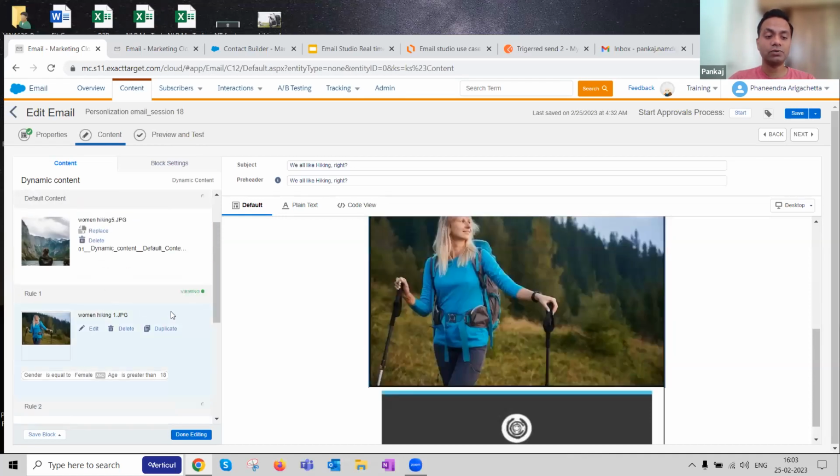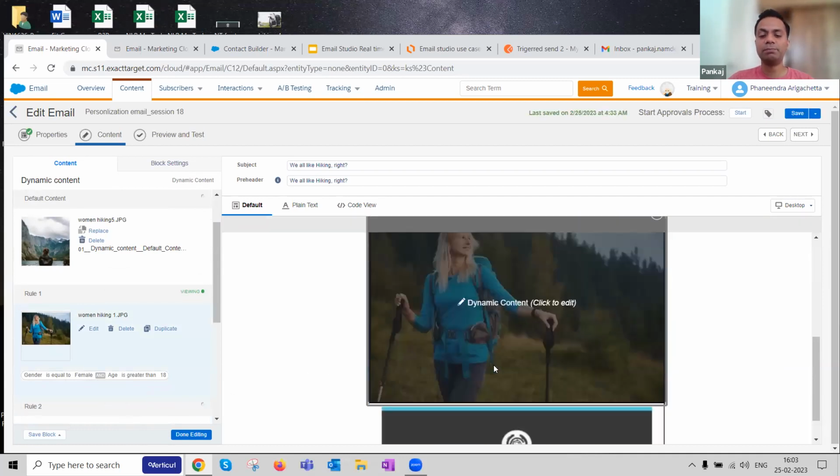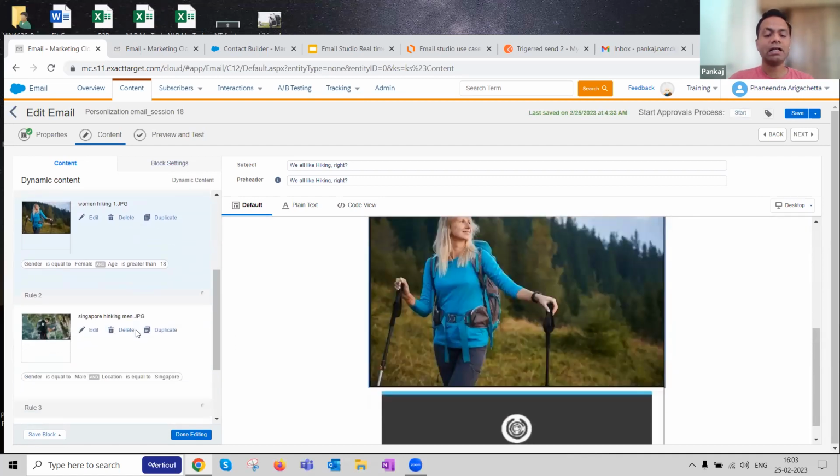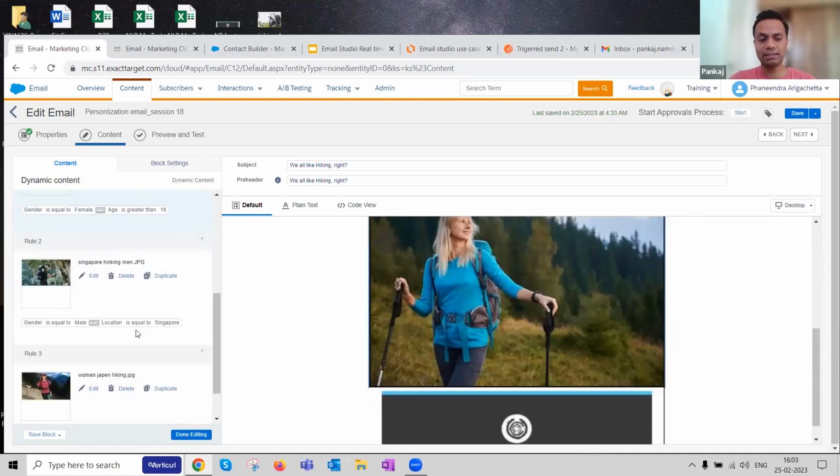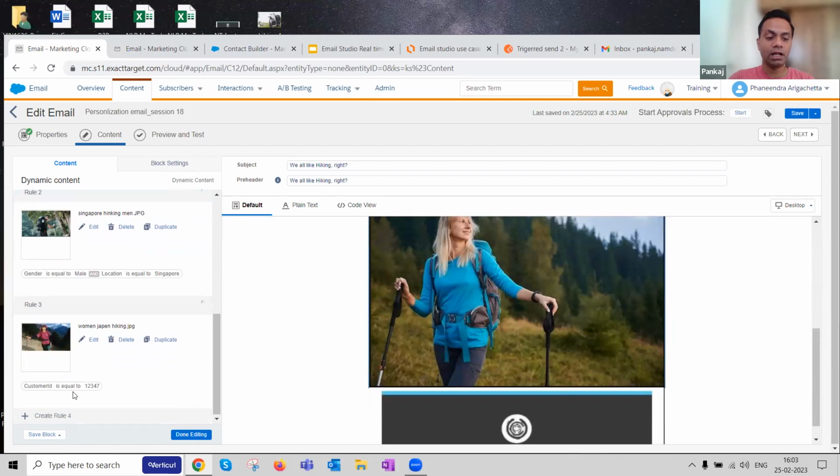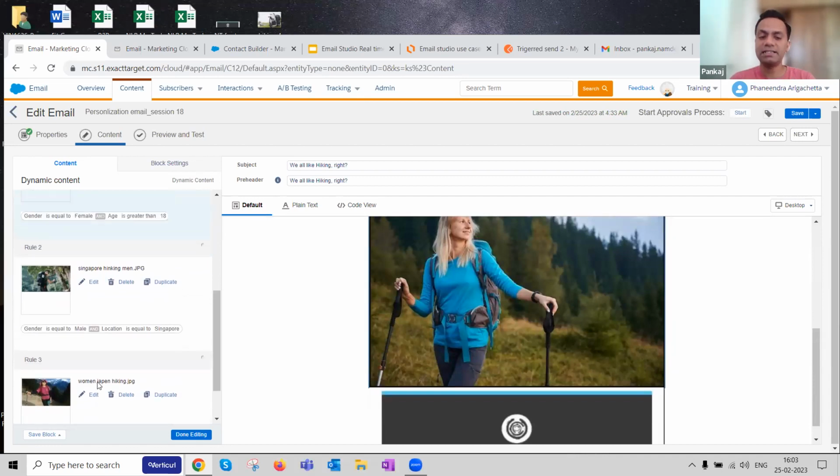What if there is another use case where gender is equal to female, but age is greater than 18? This image will pop up, right? I can create multiple use cases like this. For example, if gender is woman and location is Japan, show me this image.